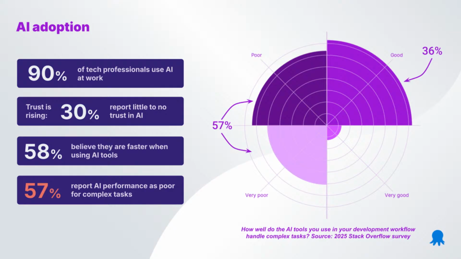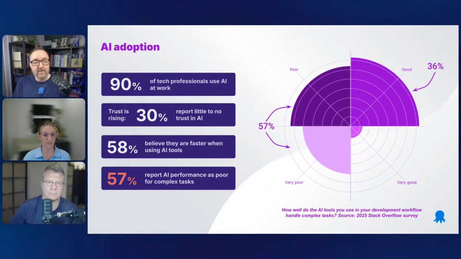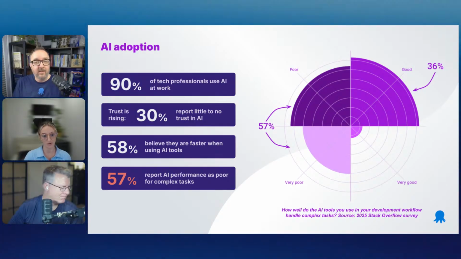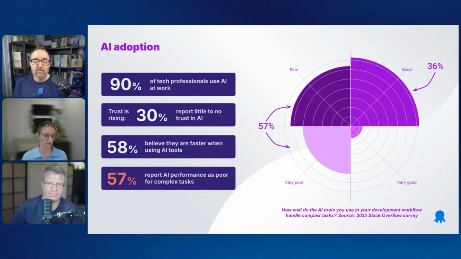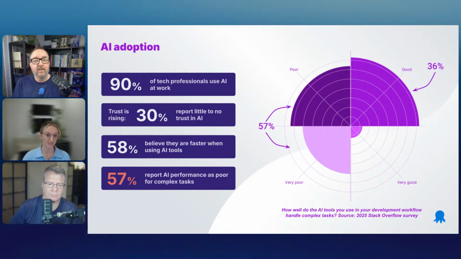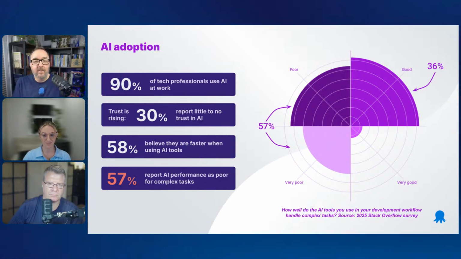What is interesting to note is that 57% of developers actually report AI performance as poor for complex tasks in their development workflows, which is what this graph shows on the right. So, 50% poor or very poor. I've combined them into 57% there. Rating AI performance as poor for complex tasks. And so